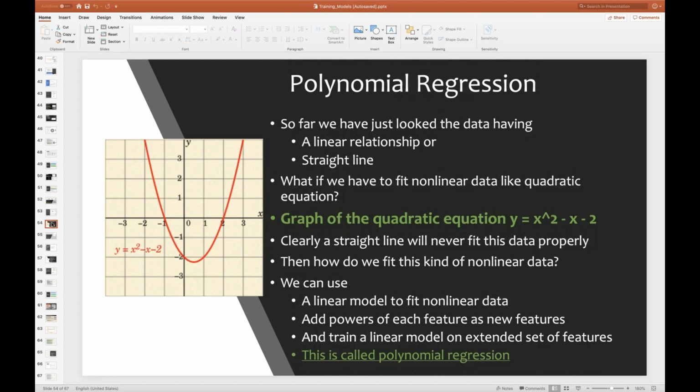Now, when I say add powers of each feature as new features, it means adding or increasing the weights of the existing features so that they become new features. Now, train a linear model on the extended set of features. Again, initially, the simple way you can understand this: initially, you have 10 features. Got it. Now, how can you fit a linear